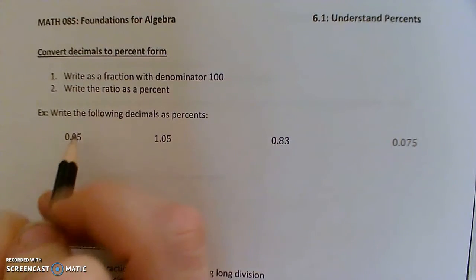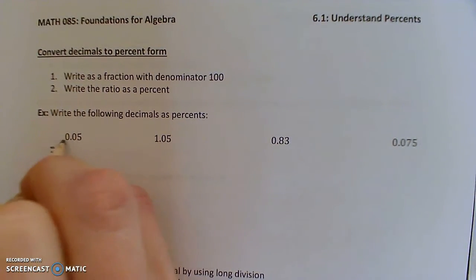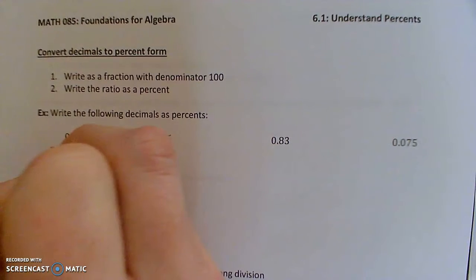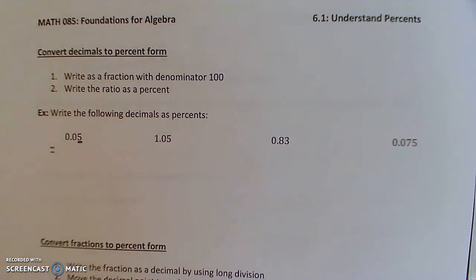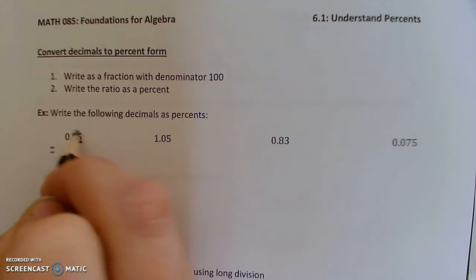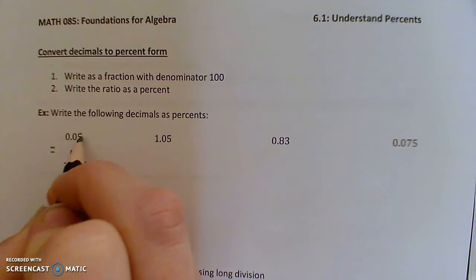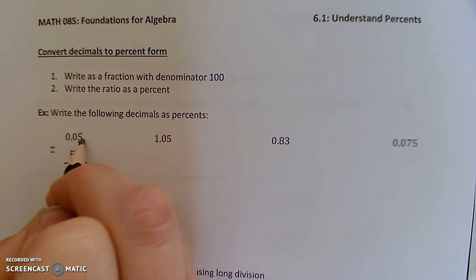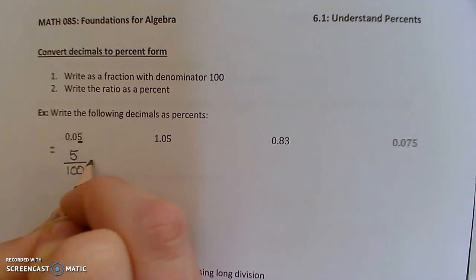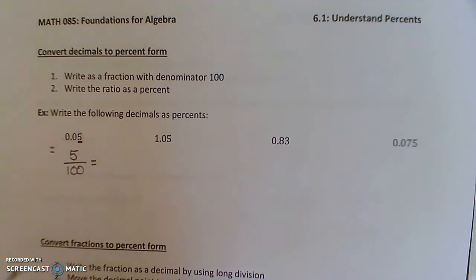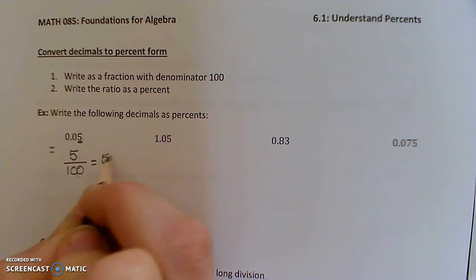0.05, if I wanted to write that as a percent, let's indicate the hundredths place here. Here is the hundredths place, 2 places to the right of the decimal. And I would write whatever this number is, so that's a 5, over, and if there were any digits after it, I'd put like a point, whatever, over 100. And now that you have it written as a fraction where this is your denominator,